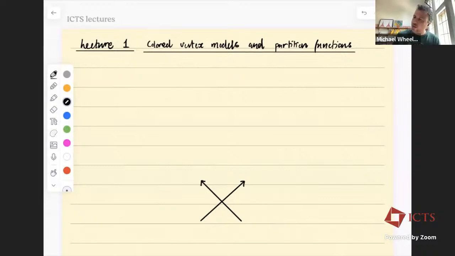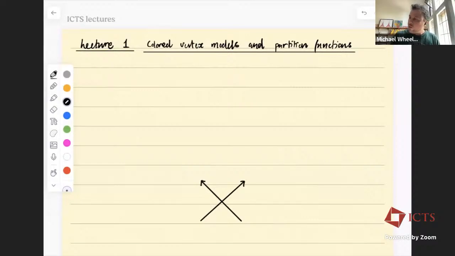So yeah, I'm going to try to give sort of a whirlwind tour of the world of what are called colored vertex models. And it's actually a subject that is quite old. Certainly the models that I'm going to talk about have been known for a very long time, going back all the way to the 1980s. So from that point of view, nothing that I'll say here is terribly new. But I suppose the connections with multivariable orthogonal functions and various nice combinatorial features, that's really I guess the new